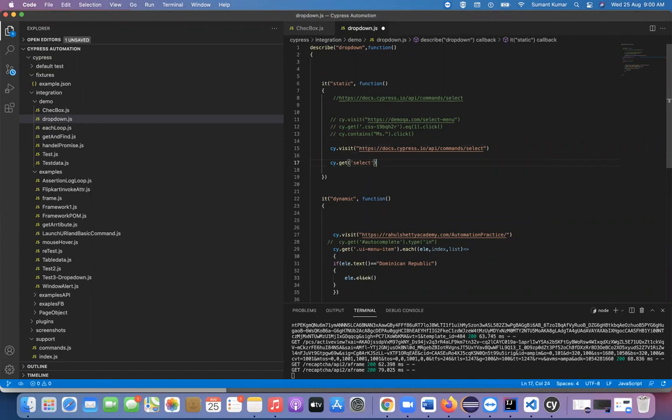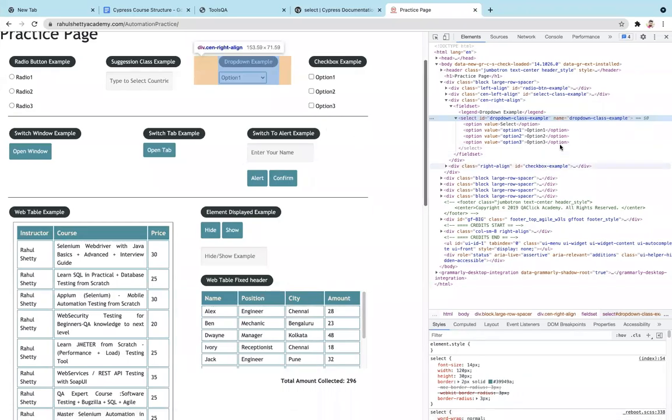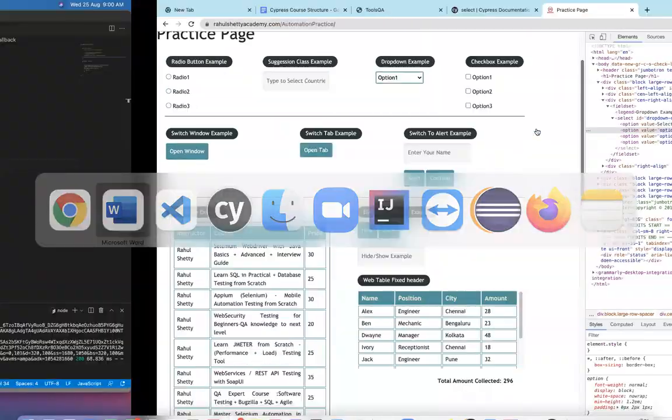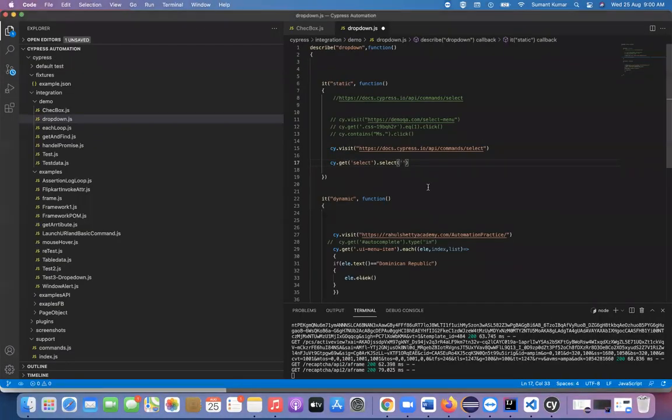Once you get there, we can use this select keyword again, and here you can use this particular value or option. The value is option 1. Both are the same, value and option, so I can use anything here and it should work. Let me try.